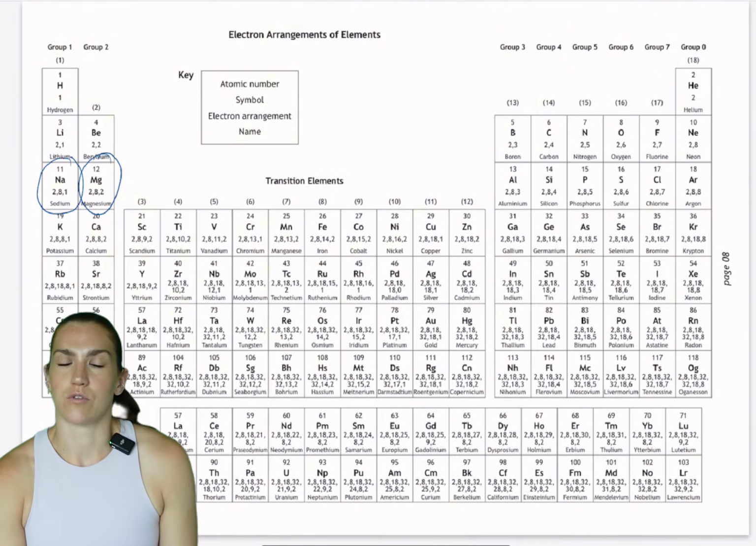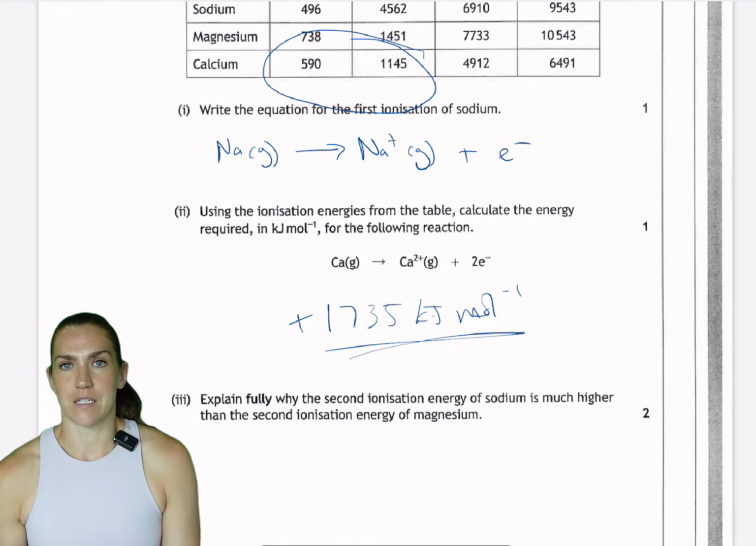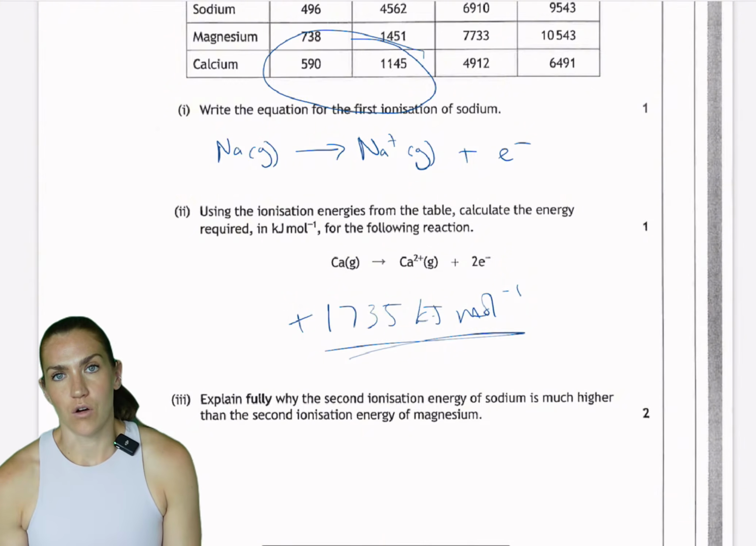So we know that as we go across a period, there's always an increasing nuclear charge. So if magnesium has a higher nuclear charge than sodium, then of course its second ionization energy is going to end up being higher because